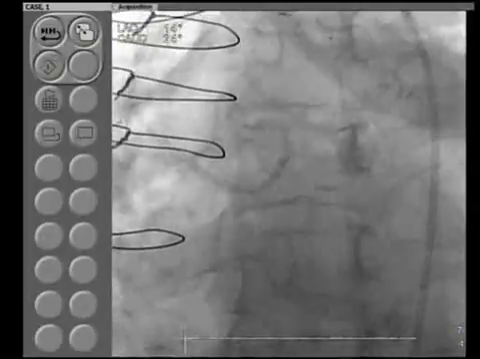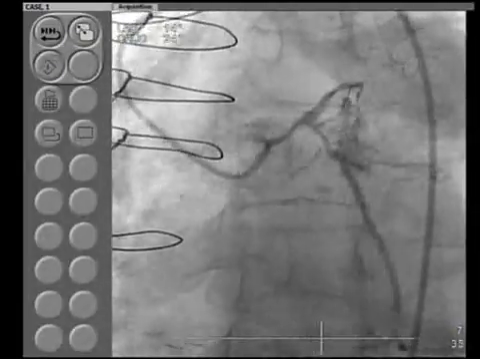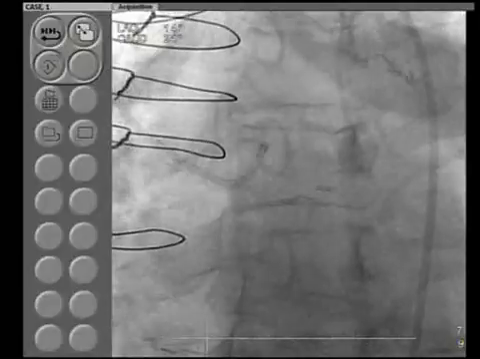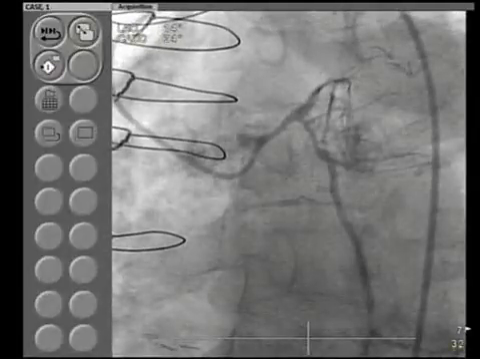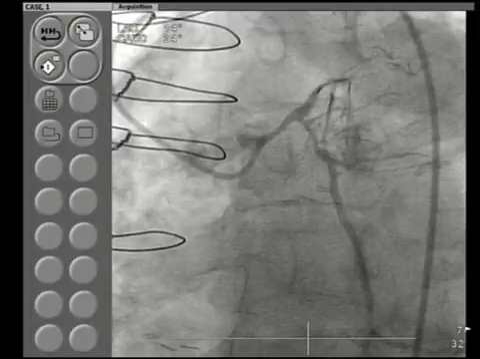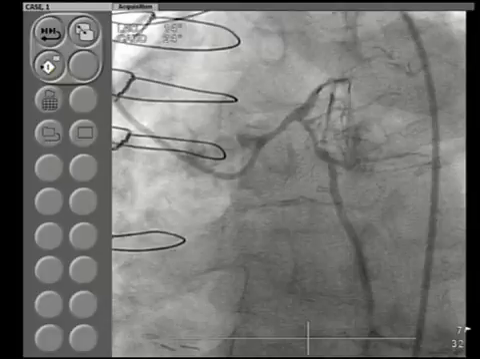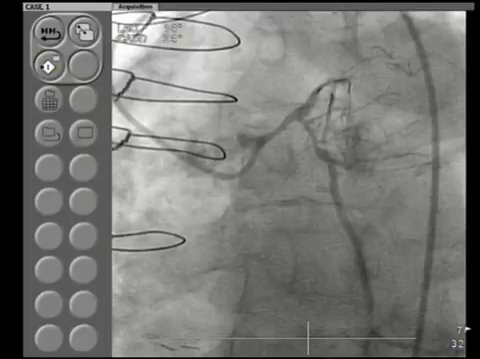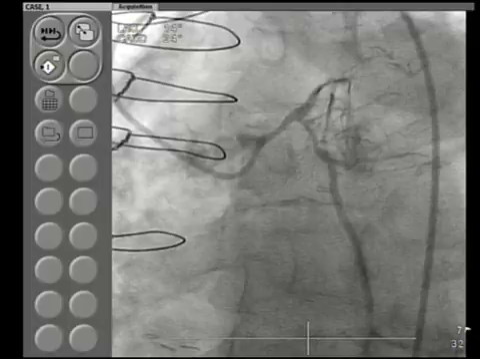See, just after a very small branch of that bifurcating OM, there is a proximal, very angulated circumflex: proximal left main, angulated circumflex, and occluded obtuse marginal. That's where we are in this particular case, and we know by the collaterals that we see the OM filling retrogradely. So our goal now is to start with the circumflex and OM, and once time permits, go to the LAD